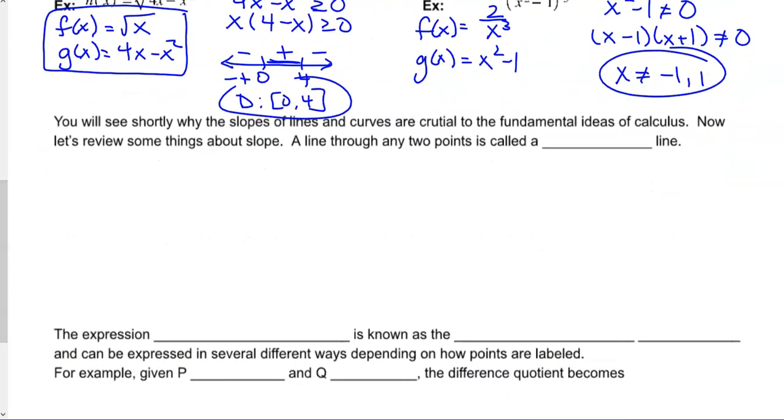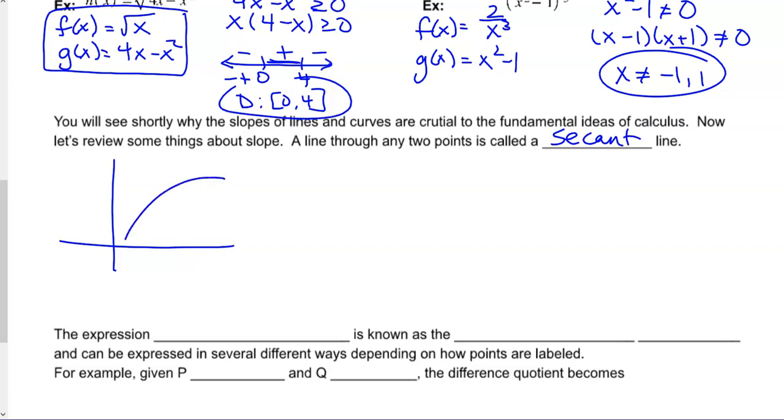So, you will see shortly why the slopes of lines and curves are crucial to the fundamental ideas of calculus. Now, let's review some things about slope. Now, a line given, if it goes through any 2 points, is what we refer to as a secant line. Okay? All right, now, if I have 2 points,